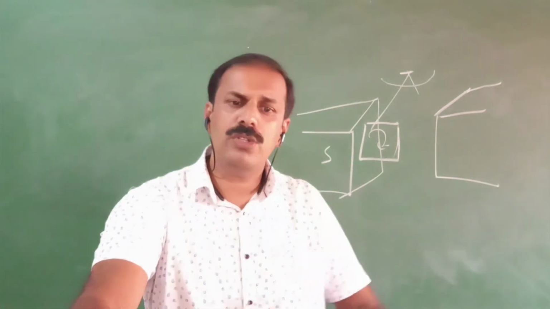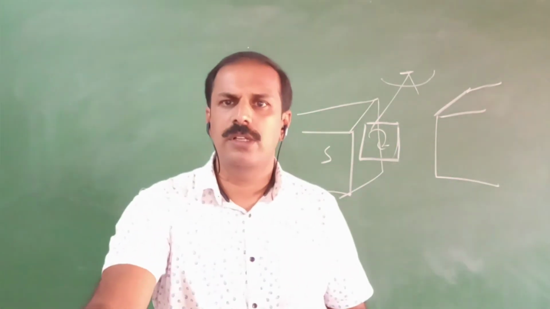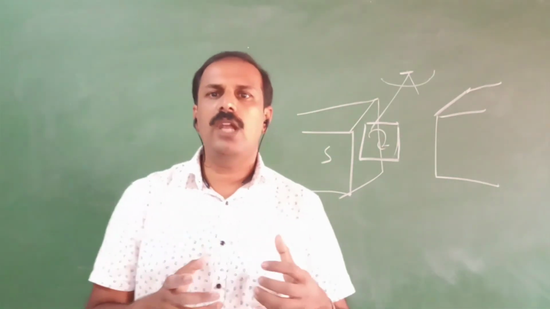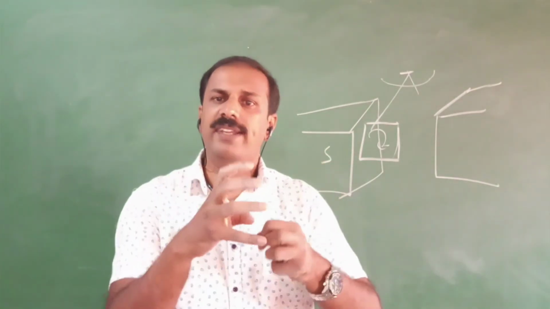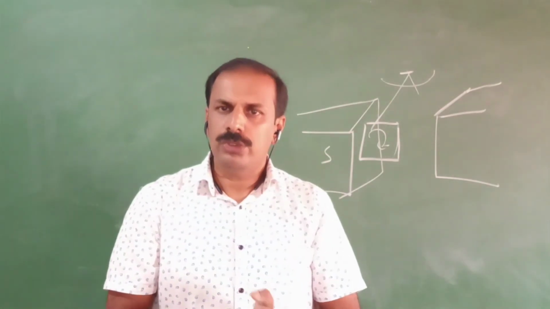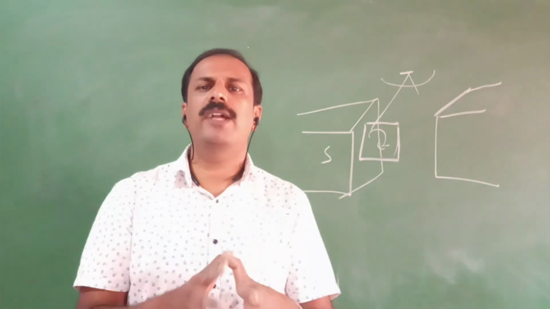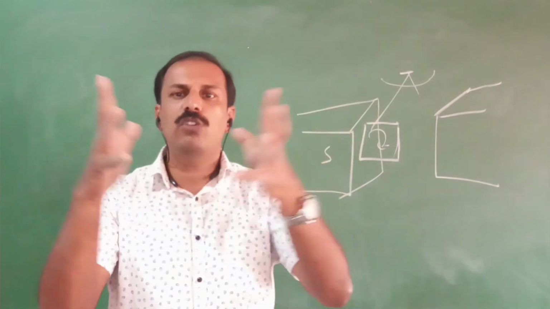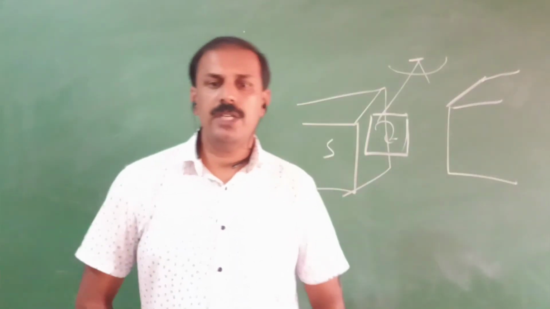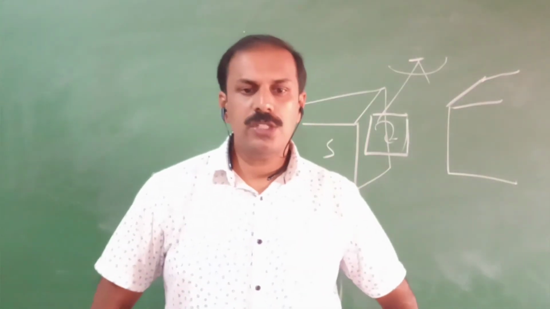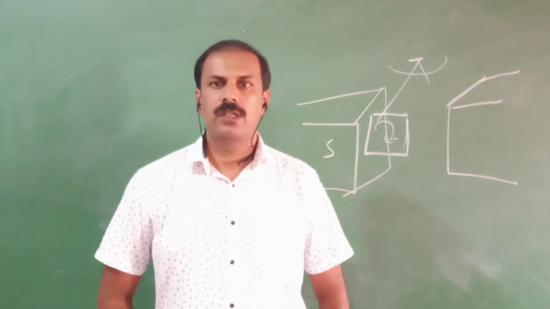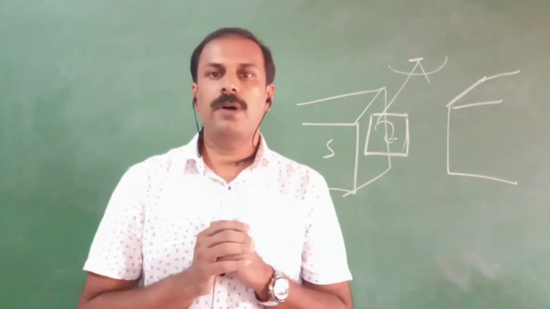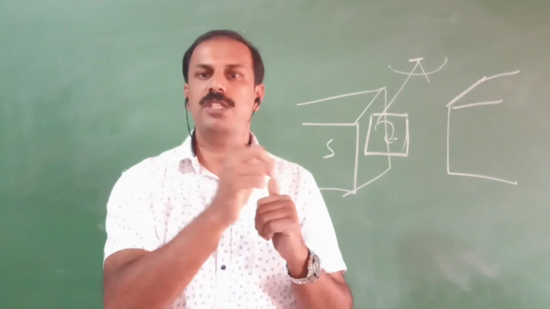Now another one more use, if you take the induction furnace, that is if you want to melt some materials, for example you want to make alloy. For making alloy you have to take so many metals and you have to melt it. So we will keep these things in a very high changing magnetic field. So due to eddy current, this all will heat up and it will melt so that it will mix. The last application of this eddy current is in the case of electric power meters. That is not about the digital electric meter which we are seeing now. The old type power meter, in that one we can see a disc which is rotating like this.